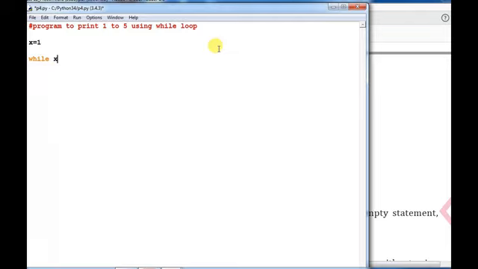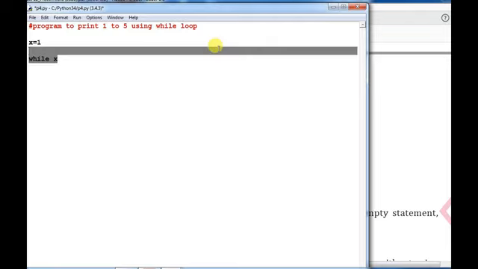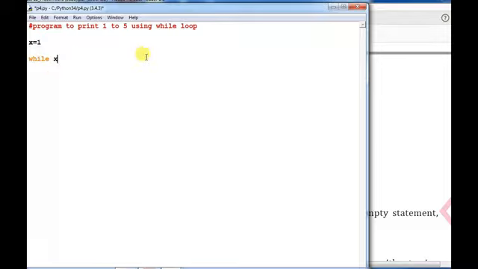Okay, so while, then expression, means here you have to form a logical expression, and then here print x, and then x equals x plus 1.